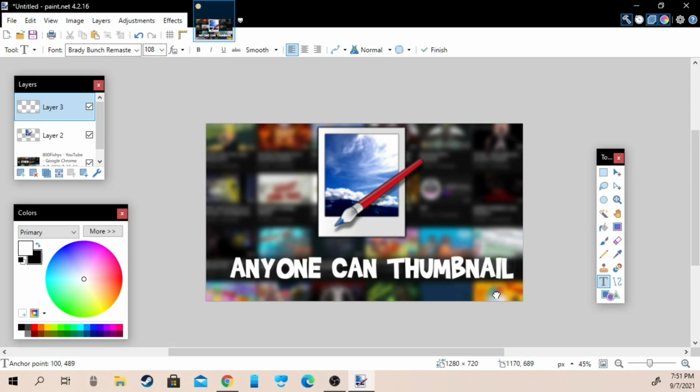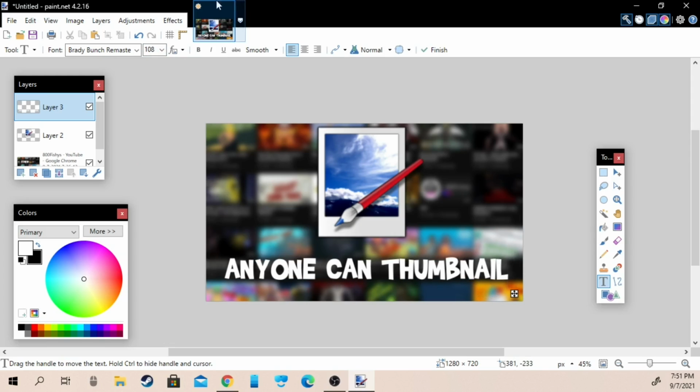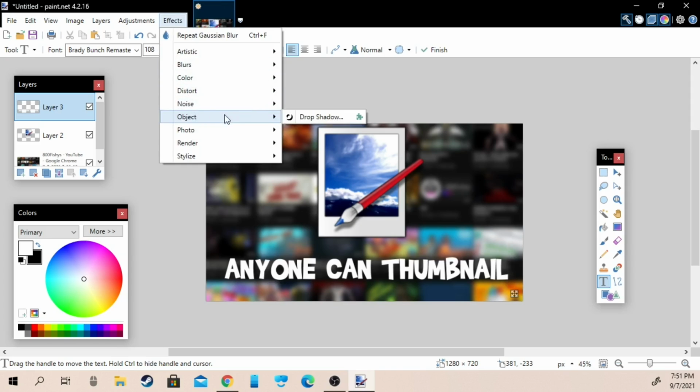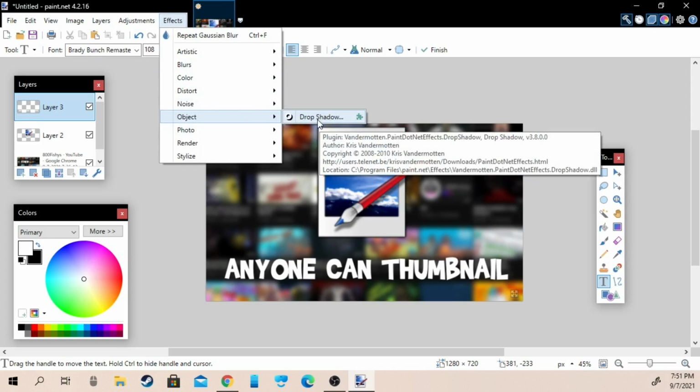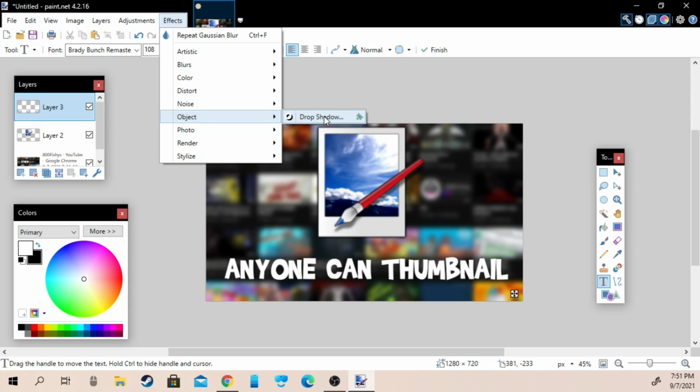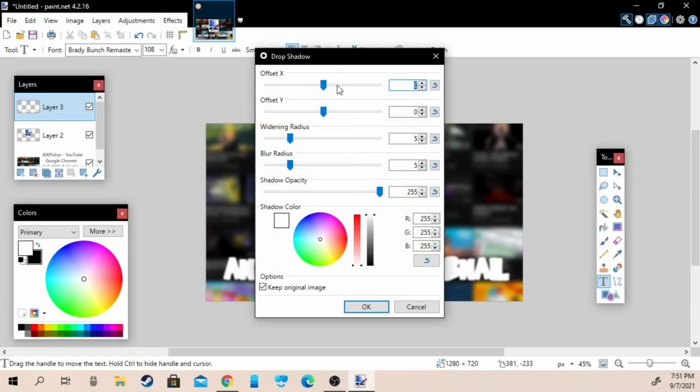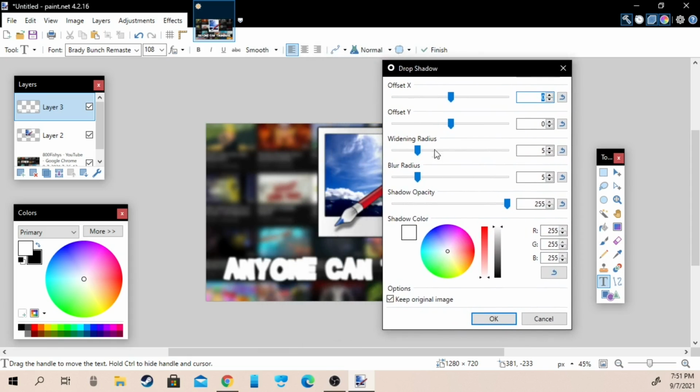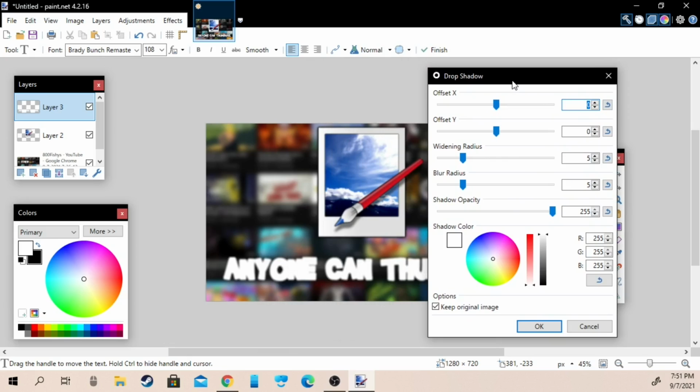All right, and then just to add an extra pop to it, we can go into effects, object. Now this is actually a plugin, which means I have to download it separately. I might make a separate tutorial on how to download plugins, but it's pretty easy. You can probably find a ton of tutorials on them already on YouTube. So yeah, this is not part of paint.net. But you press that, and I like to use it not to make shadows, but actually to make outlines. So you can just make the shadow black, make it not blurred, widen the radius big,